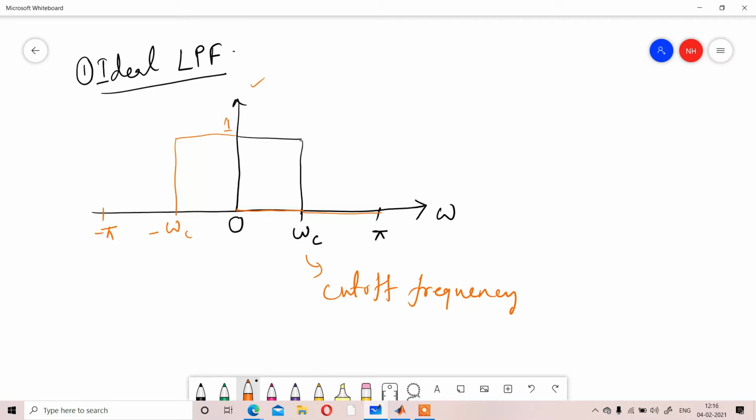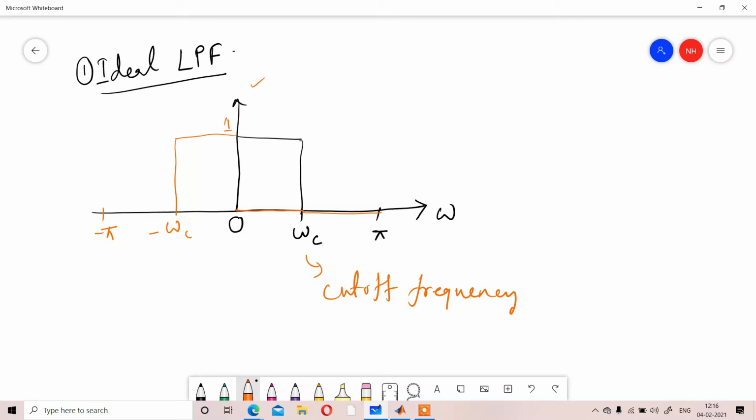Why are we considering from pi to minus pi? Why not 2 pi to minus 2 pi? Because our visual range or visual perspective range is pi. Means maximum you can visualize at a single time up to 180 degrees. After that you cannot visualize. So that is the reason whenever we consider the filter, we always consider a range of pi.